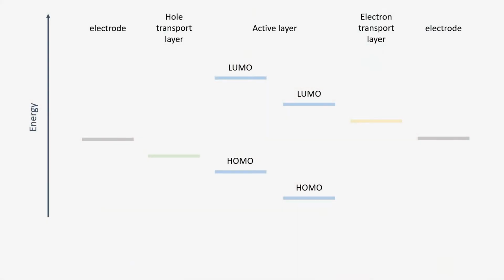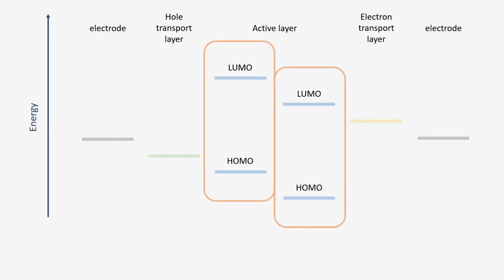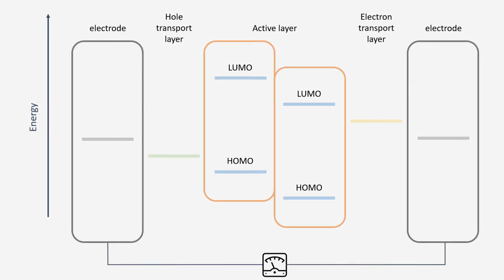An organic solar cell consists of an active layer sandwiched between two electrodes. The active layer is a blend of a donor and acceptor material, resulting in a bulk heterojunction model. When a photon strikes the active layer, an exciton is produced. Afterwards, charge separation occurs at the donor-acceptor interface, leaving a hole in the donor and an electron in the acceptor material. These opposite charges then travel to opposite electrodes, and a current is created when they recombine via an external